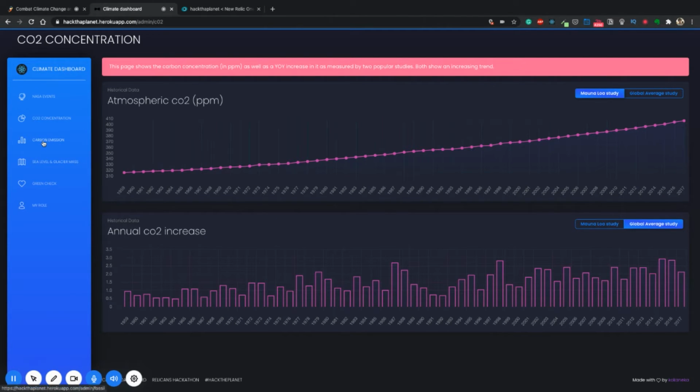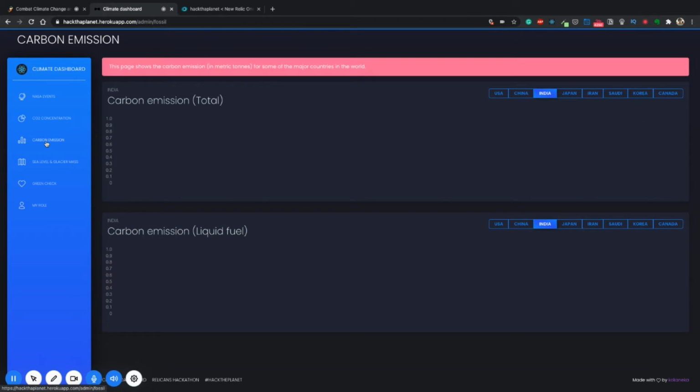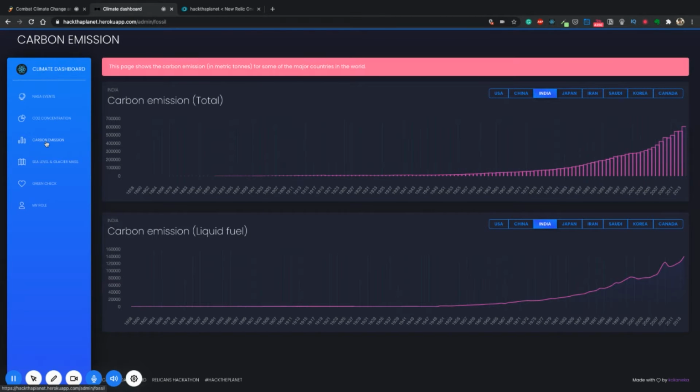Next, we can check out the carbon emissions tab. Here I have laid out the carbon emissions in metric tons from a historical API. We go from nearly nothing in the late 1800s to a slow gradual increase, and then towards the end there is an exponential increase.